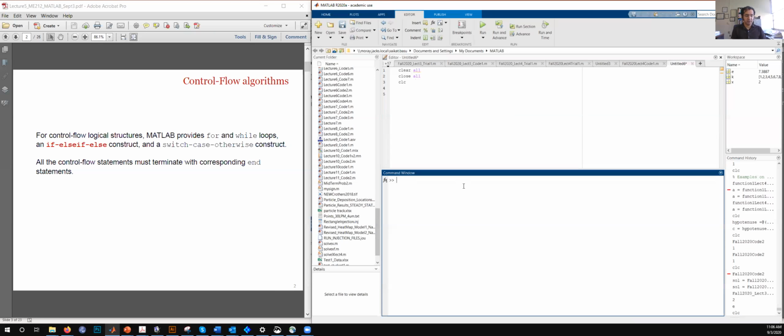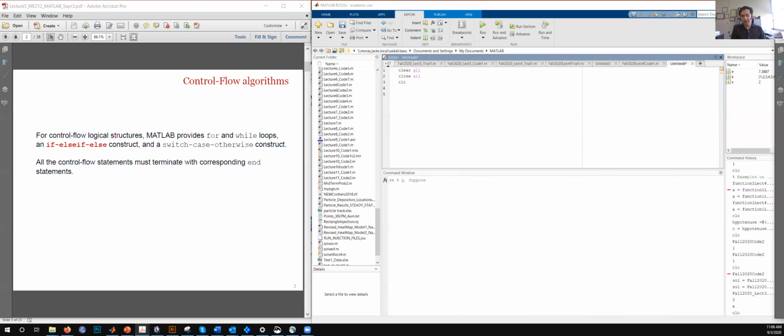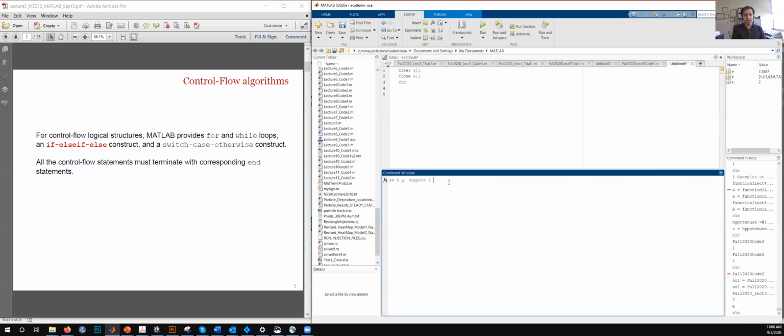And in terms of the question that we are going to solve here is this. So suppose we have two different numbers. Suppose i is 3 and j is 10.